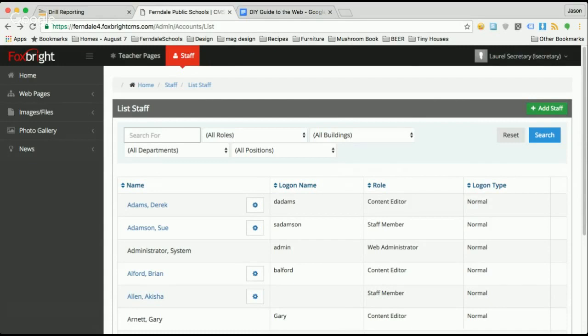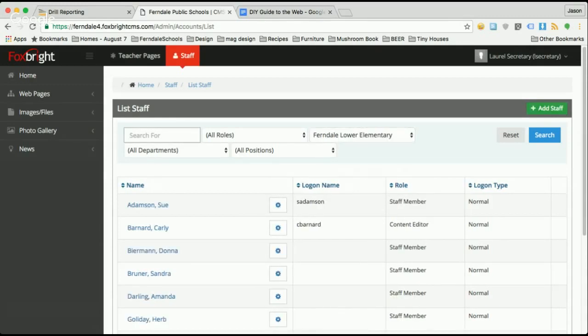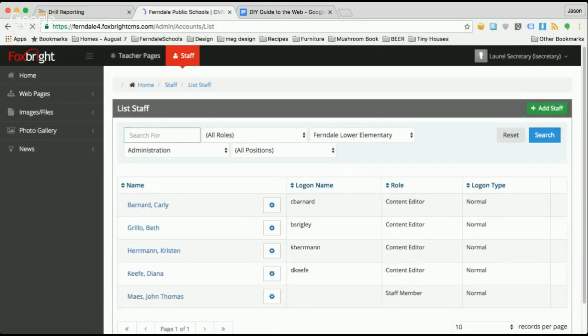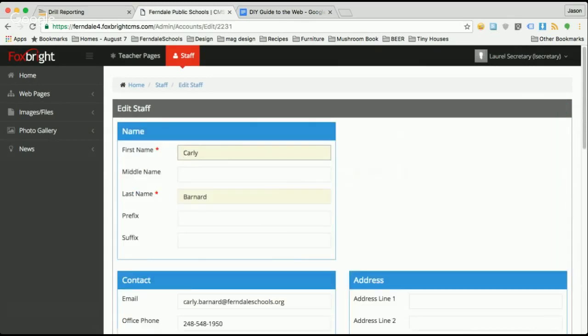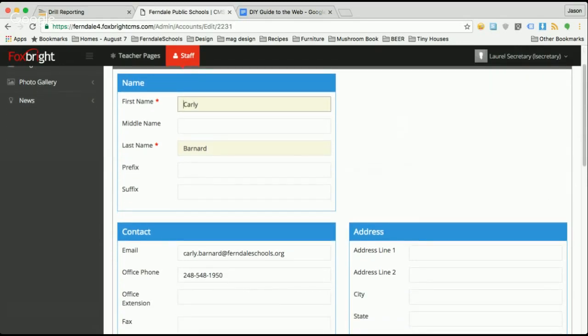If you're looking for someone, you're going to use these search tools up here. If it's easier for you to just find your building, let's say lower elementary, let's say administration, we'll search, and then that'll show us all these people. So let's say we needed to change Carly's name. You could change any of that here, email as well,